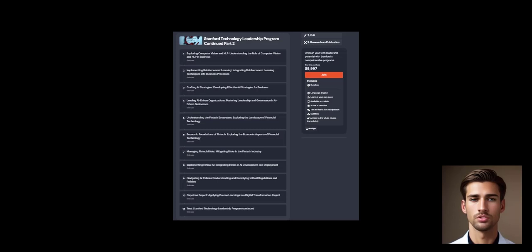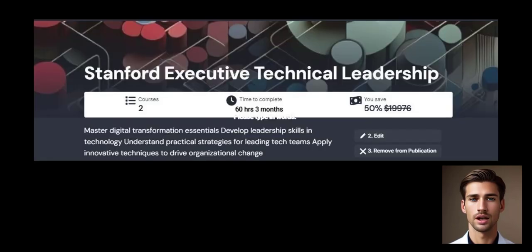This program is designed for leaders in the tech field who want to drive organizational change through digital transformation. With a focus on both the technical and strategic aspects of leadership, this course offers valuable insights into emerging technologies like AI, data science, and fintech, along with the leadership skills necessary to implement these